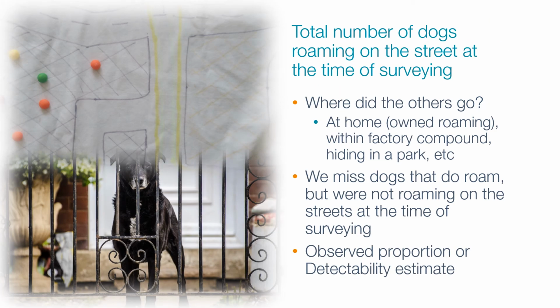Now I know there were nearly 800 dogs on our map when we first surveyed, so where did the others go? Well, they weren't on the street. They were inside a house if they were owned roaming, or in a park or factory grounds if they were unowned. We know that when we survey, we are always missing a proportion of the total roaming dog population. Our estimates show that we tend to miss around a half, but this does vary with dog behaviour, in particular if a large proportion of your roaming dog population is owned roaming, as they will spend a large proportion of their time at home.